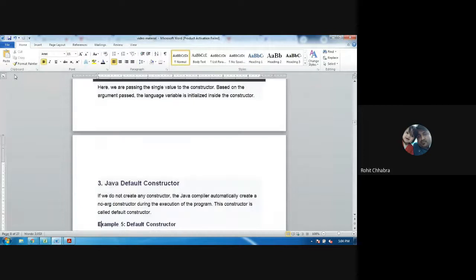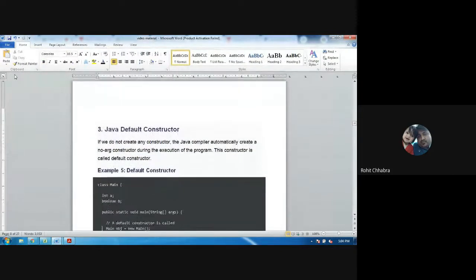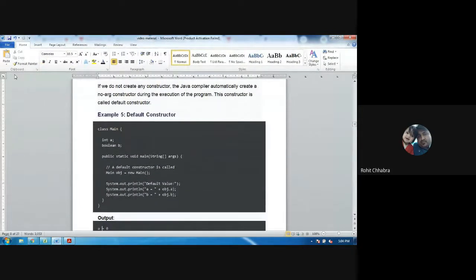Now the third type of constructor is the Java default constructor. Java default constructor means we do not define any constructor. The Java compiler automatically creates a no argument constructor during the execution of the program. This constructor is called the default constructor.